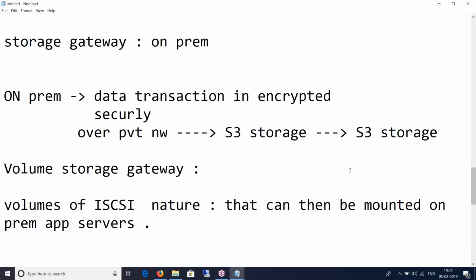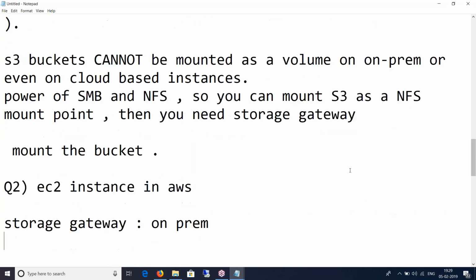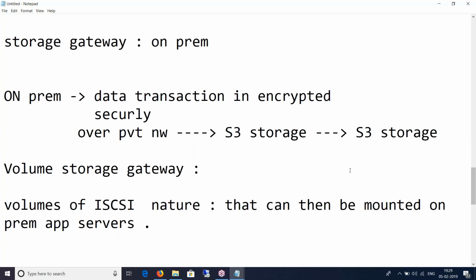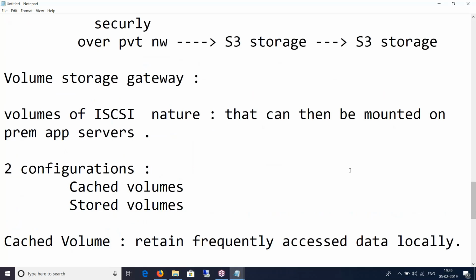Just like cached volume. So how can we set up that the data has to be stored locally in the data center, and it will be taking snapshots to the stored volume over iSCSI? Because then there will be two storages. One is coming from S3 and another is lying in my local data center, right?